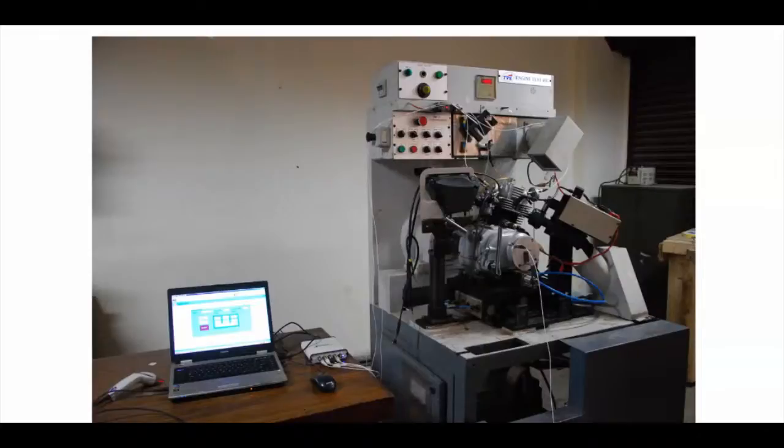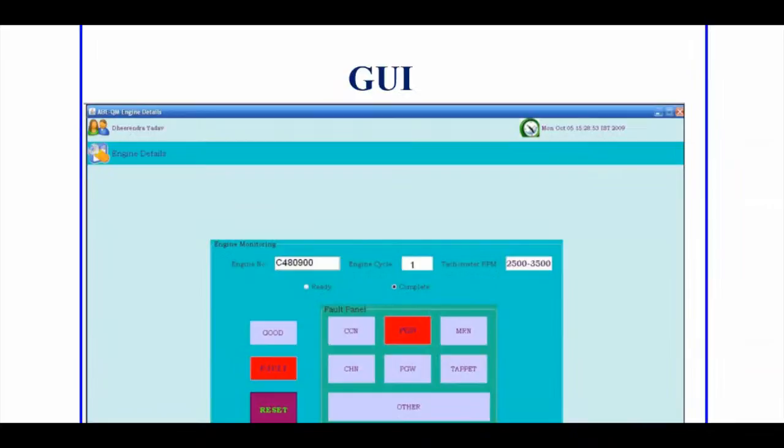Okay, so this is the test rig. You can put the engine on this, and there are multiple sensors. We can collect the data set, and then our algorithm, which is based on a time series learning algorithm, can predict whether a particular engine is good or not good. And if the engine is not good, we predict the type of fault in that engine. Okay, so we have predicted multiple types of fault like cam chain noise, primary gear damage, magnetorotor noise, primary gear whines, tappet noise, and other noise.